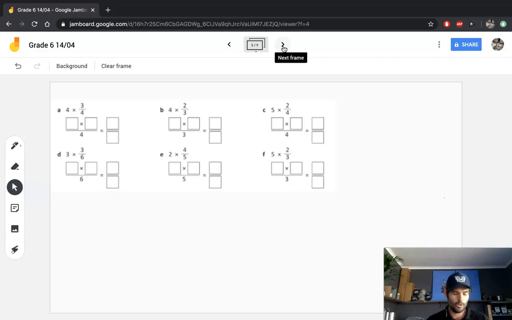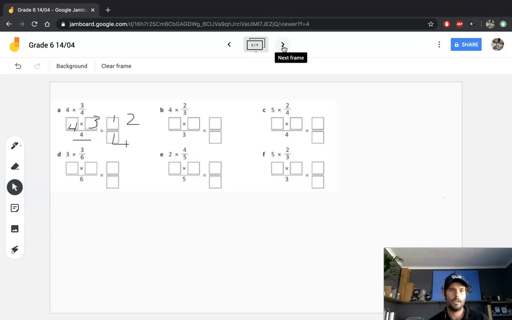So the first thing I'm going to do is multiply the 4 by the 3, the other numerator. Notice I keep the same denominator. 4 times 3 at the top of the fraction is going to equal 12. And we keep the same denominator. And you are quite right if you've identified that 12 over 4 is the same as 12 divided by 4, which is 3. Okay, press pause here,